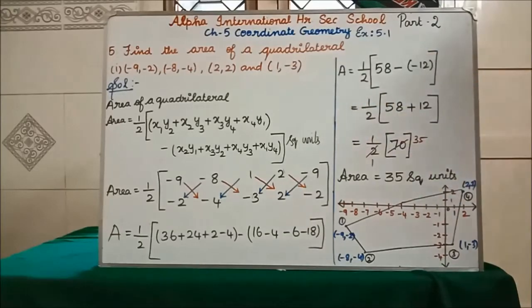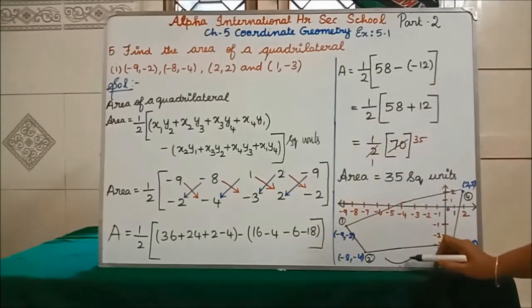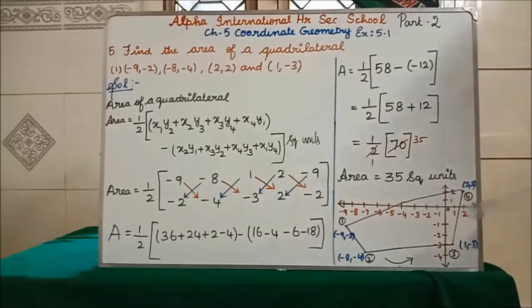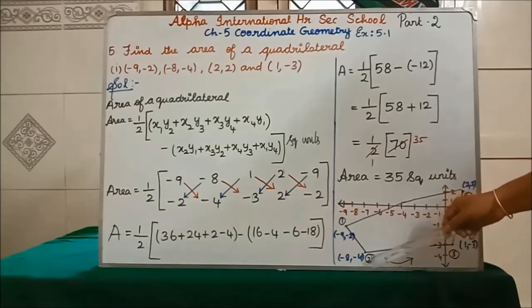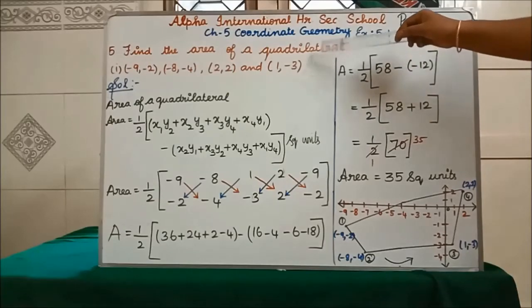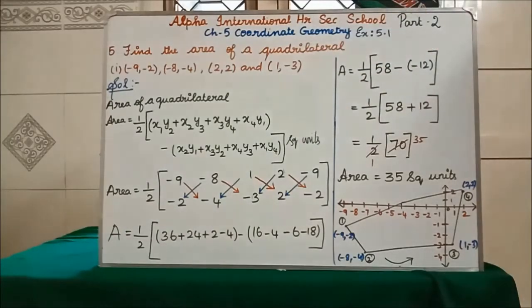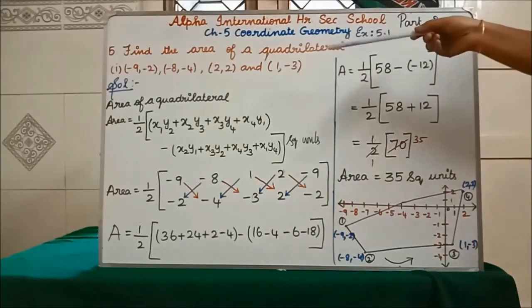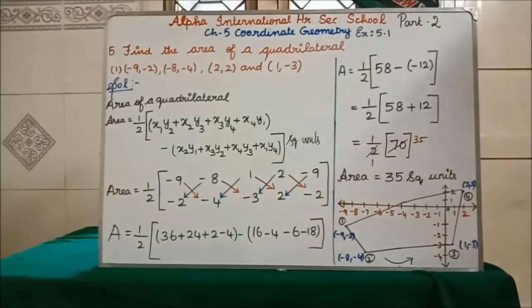1 comma minus 3 is the last. Where x-axis is positive 1. X-axis positive 1 is this. From this, minus 3 we are having. You keep the dot and write 1 comma minus 3. How do you have to go? I told you, you have to go in anti-clockwise direction. Isn't it? Anti-clockwise means what? After the 2, immediately what point is coming? 1 comma minus 3. In your question they should have given 1 comma minus 3 first, and only then 2 comma 2, but they have given it wrongly. They have given 2 comma 2 and then 1 comma minus 3, but we are going to take it correctly.